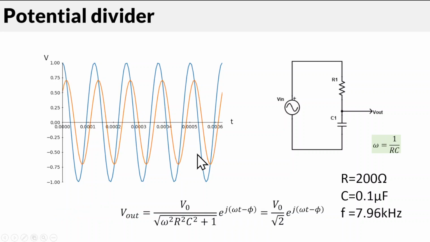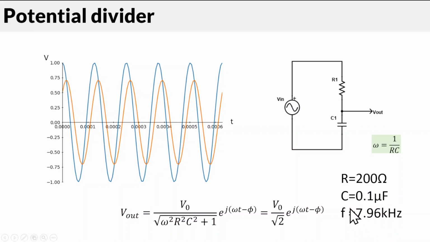At this particular frequency, 7.96 kilohertz, for this pair of resistors and capacitors, this is the frequency at which omega equals 1 over RC. Remember, omega is 2 pi times the frequency. So if you put 200 and 0.1 microfarads in here for RC, and you divide by 2 pi, you'll get a frequency of